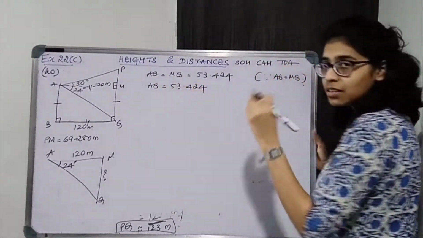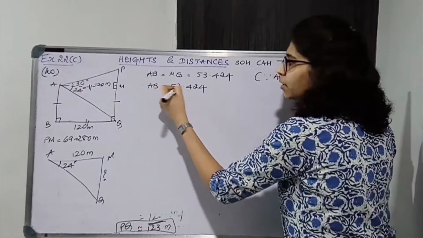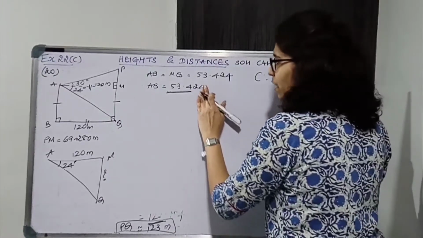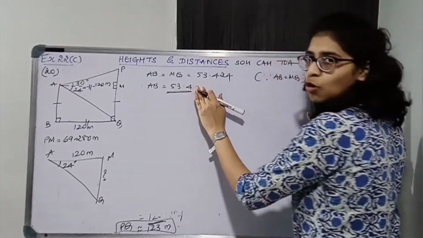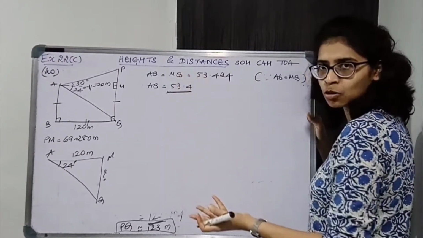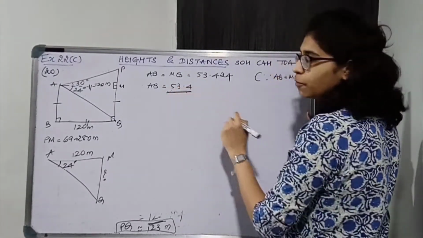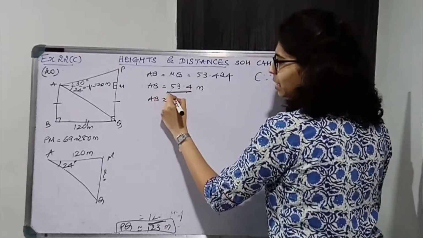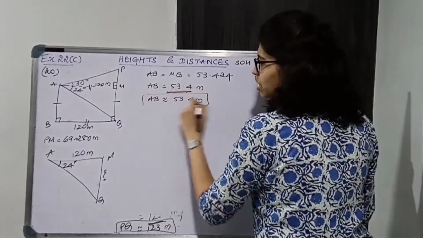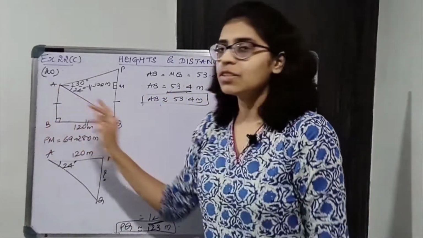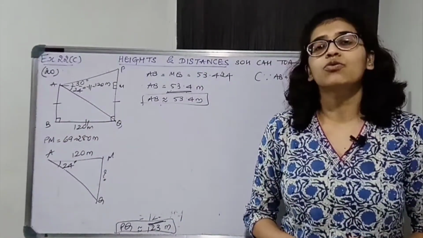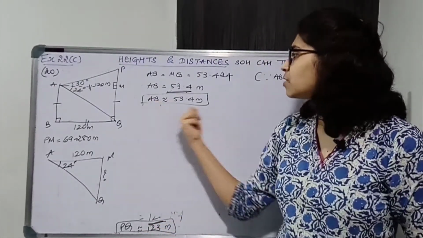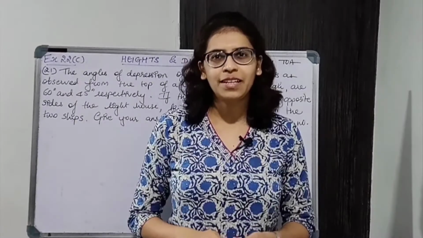Again over here we need the answer up to 3 digits. So 1 2 3 digits तक आंसर चाहिए. ओके, सो फॉरगेट दिस, these were anyway smaller digits, less than 5 है, so you cannot add anything over here. Okay, so 53.4 meters. So AB is approximately equal to 53.4 meters. Box this. So we found the height of the second tower as well, it is 53.4 meters. So write down the final statement, the height of first tower is 123 meters and height of second tower is 53.4 meters. Let's read the next question.